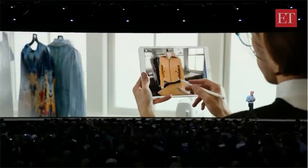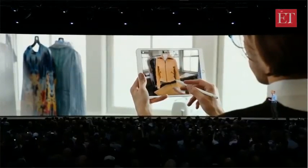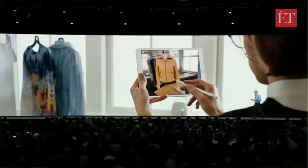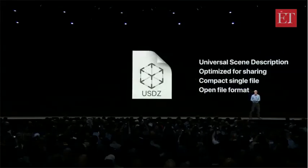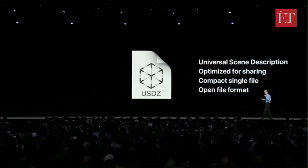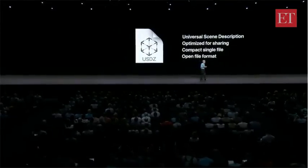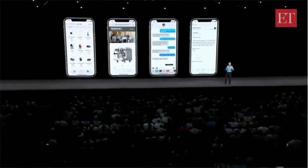And in iOS 12, we wanted to make an easy way to experience AR across the system. And to do that, we got together with some of the greatest minds in 3D at Pixar. And together, we created a new file format for AR. It's called USDZ. And it's a compact single file format that's optimized for sharing while retaining great 3D graphics and even animations. Now, you can use USDZ across the system, from the Files app to Safari,